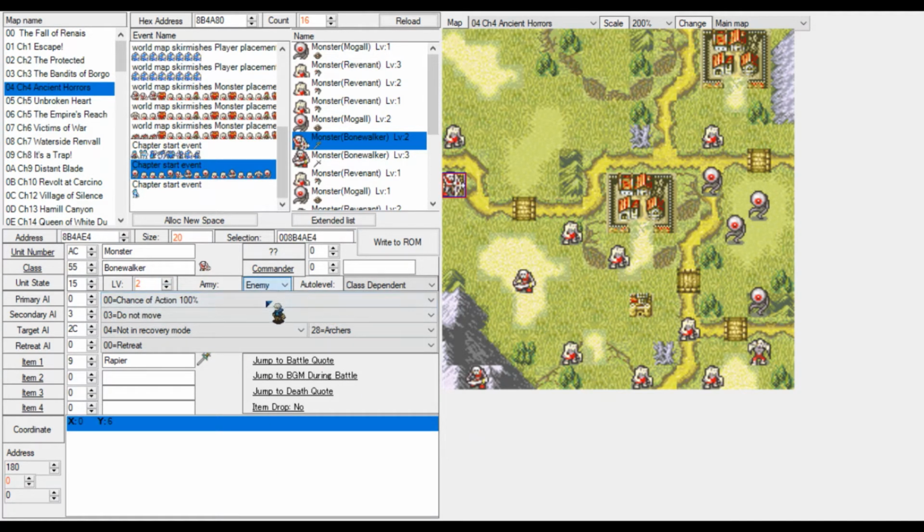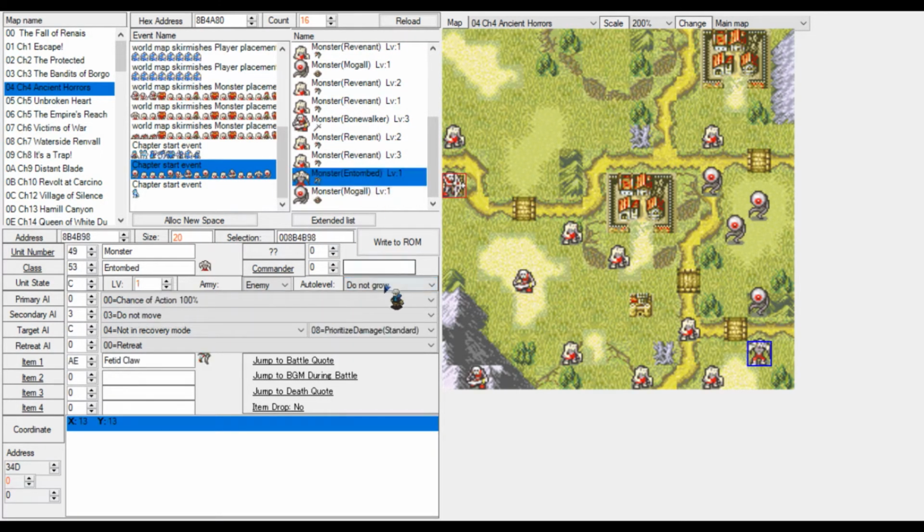We have the army. You can set that to player, green unit, NPC, enemy, which is a red one of course, and defeat. Then they will not show up at all. We could set this to green unit, but let's not do that. And we have class dependent and do not grow. Class dependent is for every generic enemy, and do not grow is for every boss, every enemy that is not supposed to be generic but a unique boss.